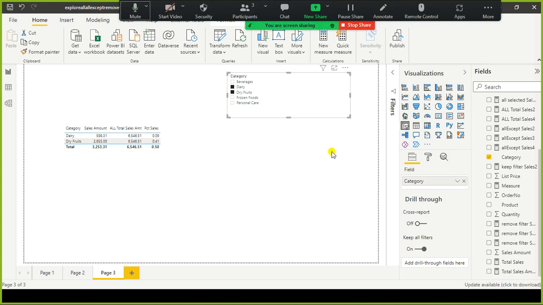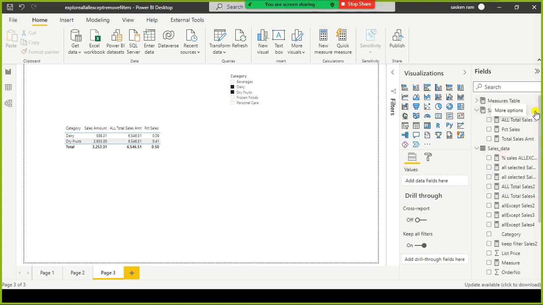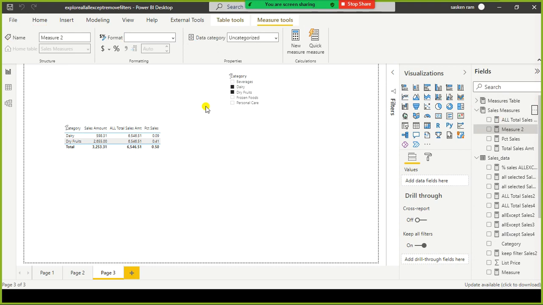I'm going to create another measure to understand the functionality of the ALLSELECTED function. I go here and select new measure. Here I'm going to use the same function, ALLSELECTED.